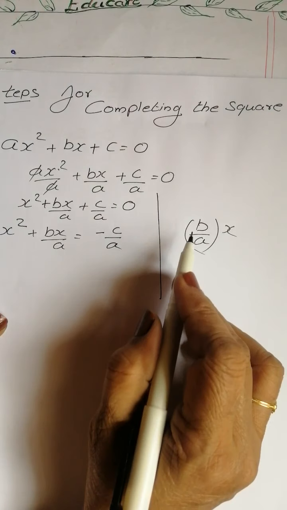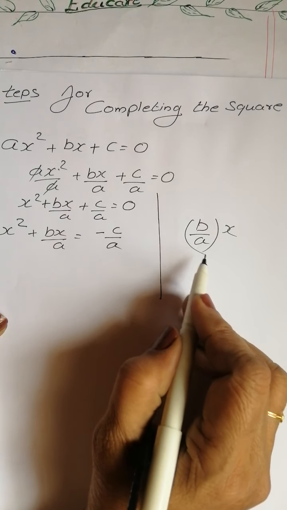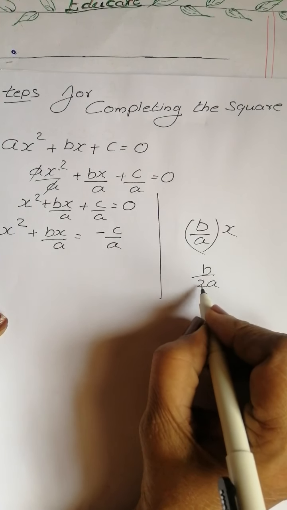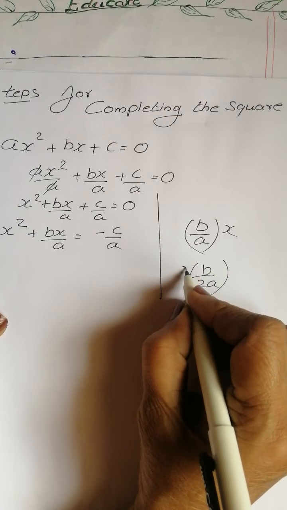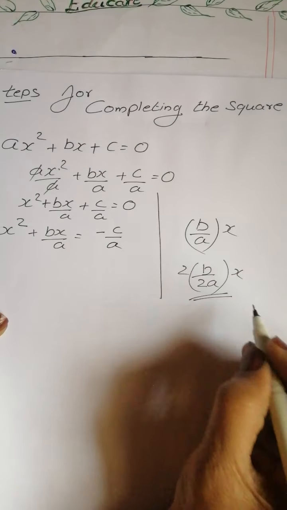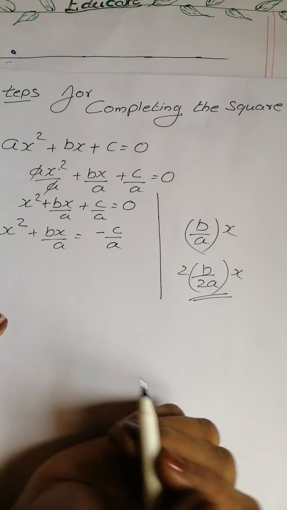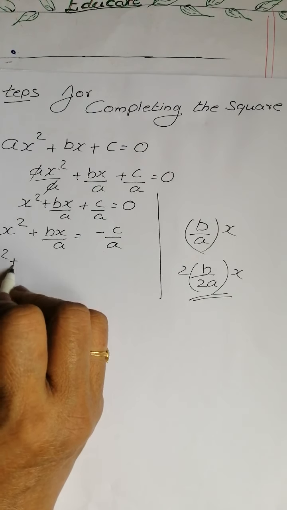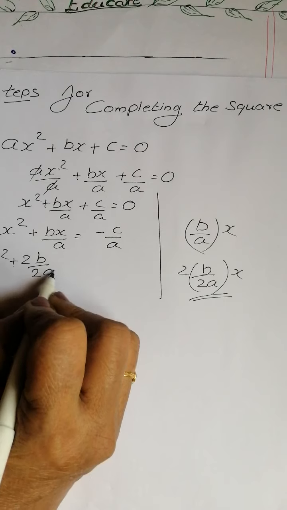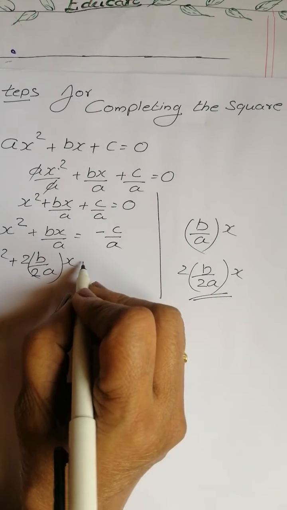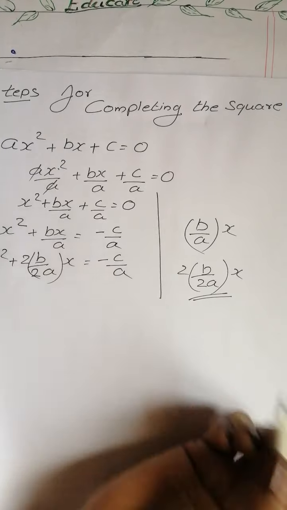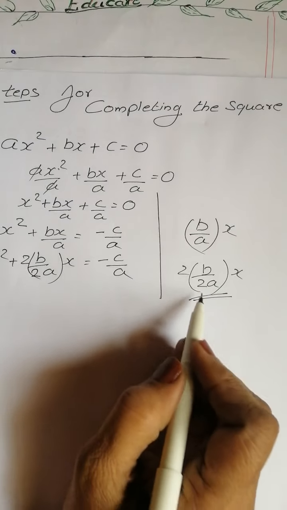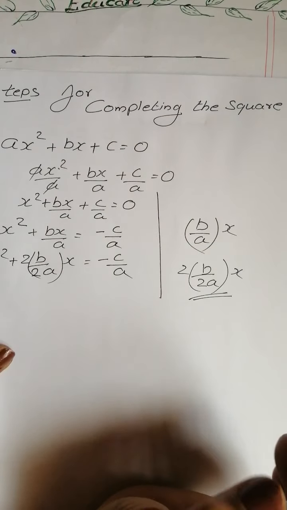Got it? Make it half, meaning multiply and divide by 2. Make it half, meaning b by 2a. If you are dividing by 2, you have to multiply by 2. This will become the middle term and it will come here. Got it? So, I am putting this number plus 2 times b by 2a, put a bracket, this is equals to minus c by a. But I have only divided and multiplied by 2, or in some books it will be written half of it and multiply by 2, one and the same.